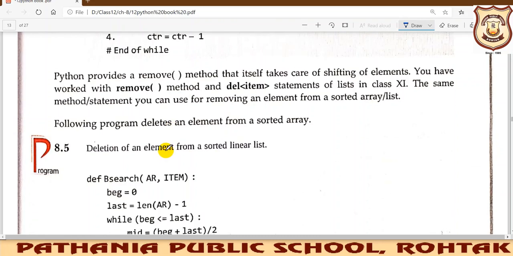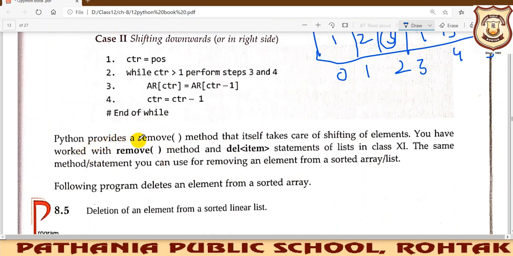Again, Python provides a remove method that itself takes care of shifting of elements. In this way you are shifting, so your overhead is there. If we use this remove method which Python is offering us, your overhead gets reduced, the shifting of elements will be done itself. Once it removes the element, it takes care of the shifting itself.